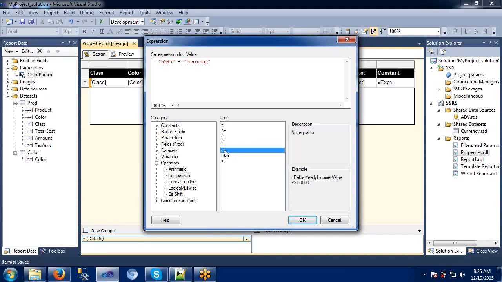Another one is the not equals condition. I guess we have seen it in the filters concept. We displayed colors which are not equal to black, meaning everything except black. At that time we used the same operator, which is not equal to. Next one is like.